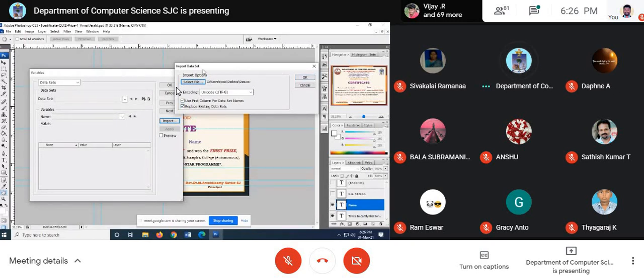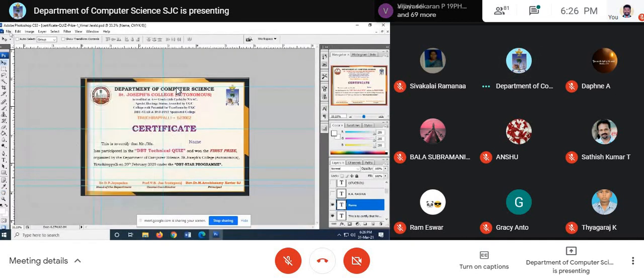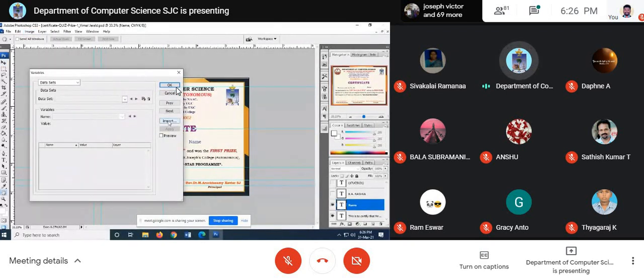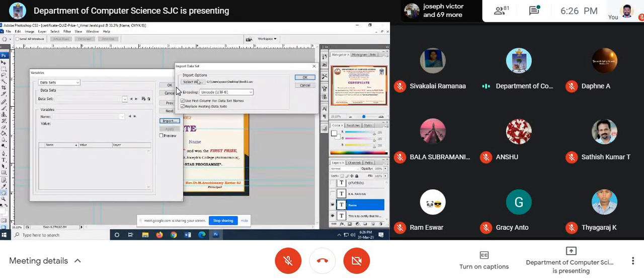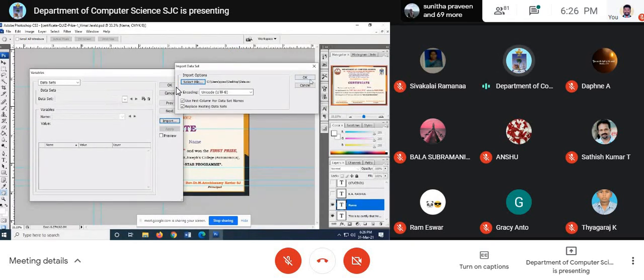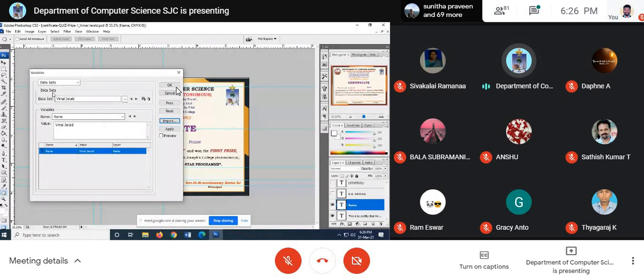Once again, I shall do the same process. I go back to image, click variables. The first one, we have defined the data, right? Second, click dataset and come back here to import. Click here, click select file. There are two file formats available. Right now, you can even have it as a text file, but right now I have it in CSV. Click here and select the data, load it. So I have loaded the file, press OK. Am I clear? See, I've got it.